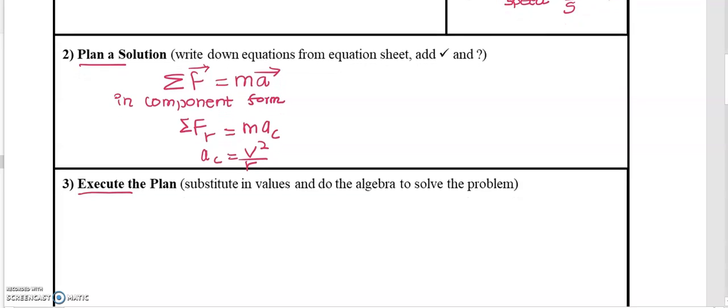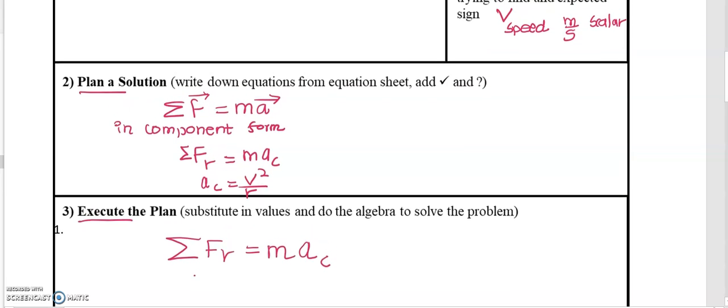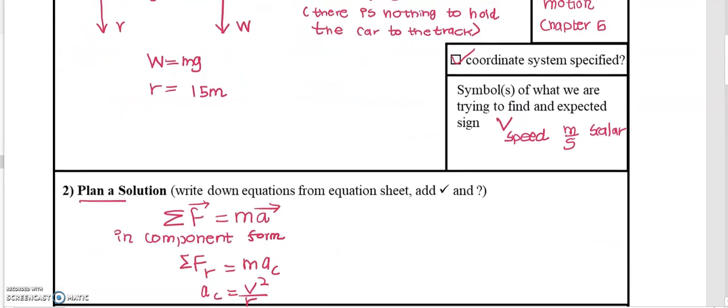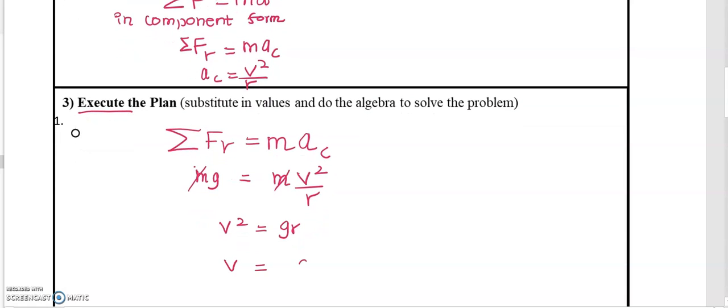And now let's execute the plan. We're going to use Newton's second law, the component form. If you look at the free body diagram, there's only one force acting on the object. That would be weight, and it's acting towards the center. So according to our coordinate system, it's going to be positive. mg is equal to mv squared over r, and we can cancel out mass because it's common to both sides of the equation. And if you separate v squared on one side, you get v squared is equal to gr,